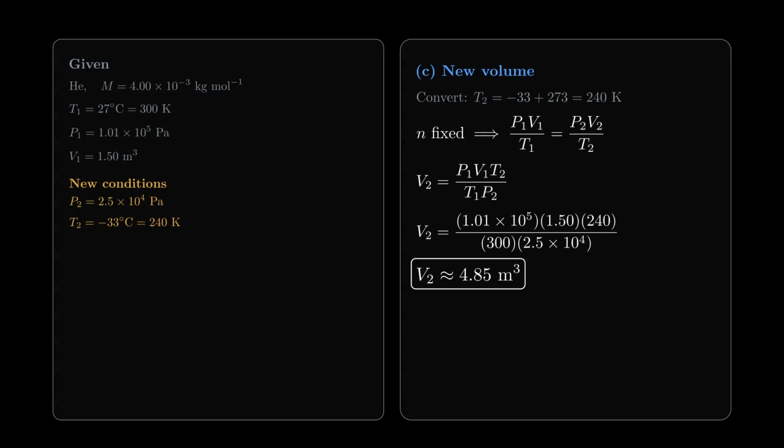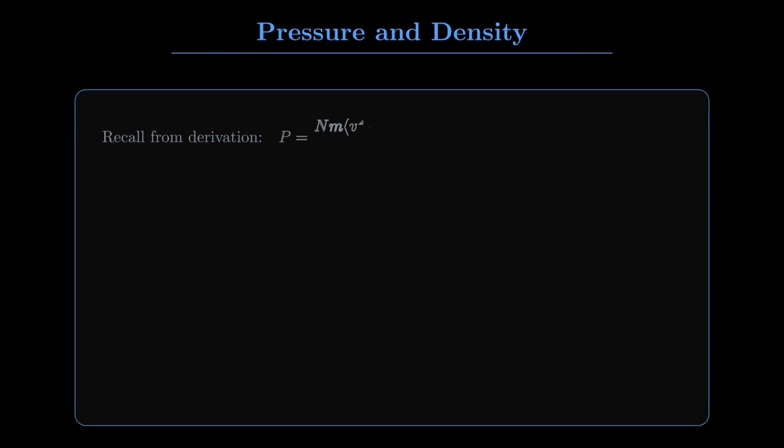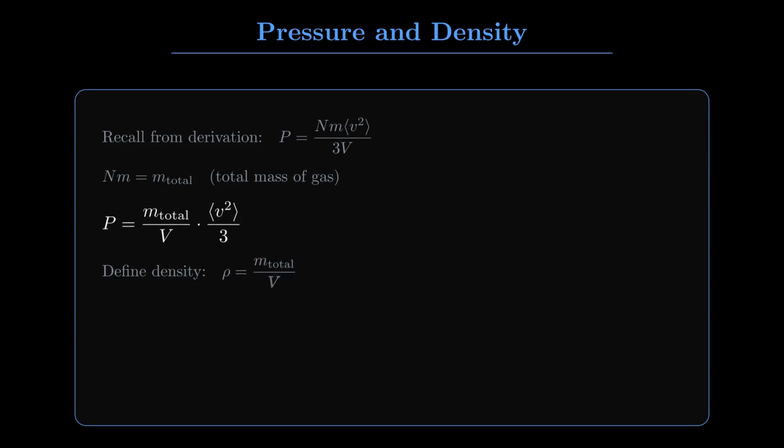Finally, there are just 2 simple equations which we must derive. The first is one which we nearly got to in our derivation of the ideal gas law. If you remember, we showed that P equals Nm on V times the mean square speed. But we know that Nm is just the total mass of the gas. Hence, we derive that P equals rho times the mean square speed, where rho is the density, mass per unit